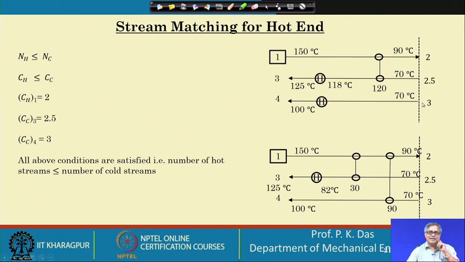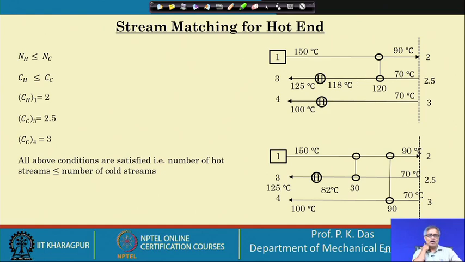Then there is another cold stream. What I should do for that? It has to be heated from 70 degree Celsius to 100 degree Celsius. No hot stream is available. So, I have to bring a hot utility, and entire heating has to be done by the hot utility. How many heat exchangers will I need? I will need one heat exchanger over here, one hot utility heat exchanger, another hot utility heat exchanger. So, 3 heat exchangers I will need.